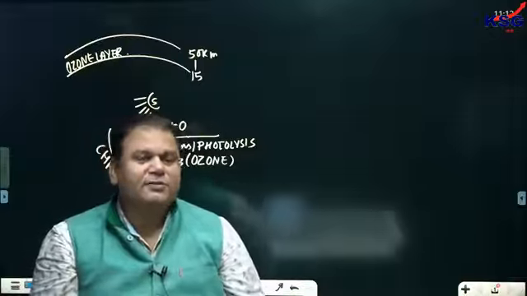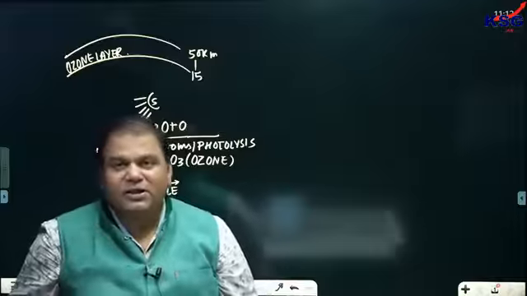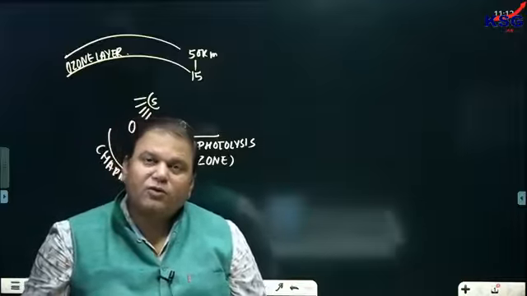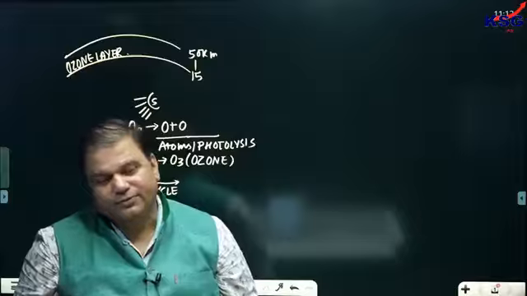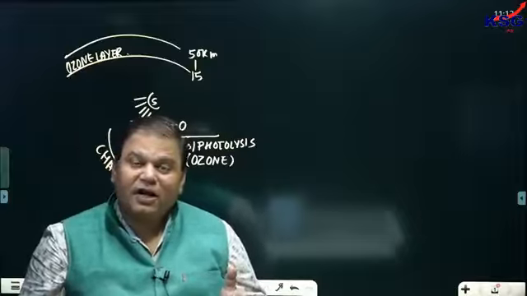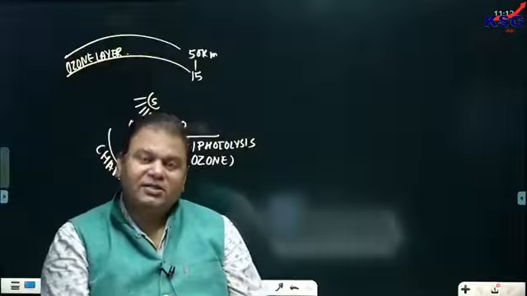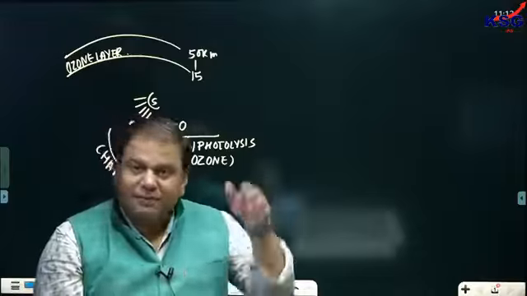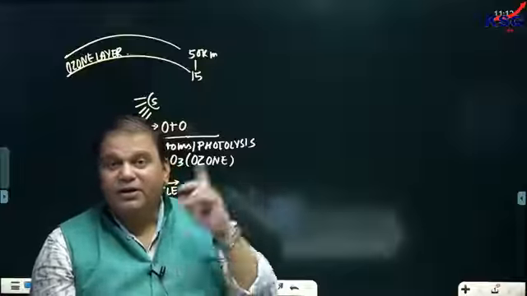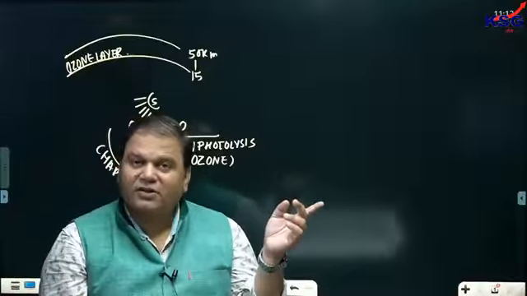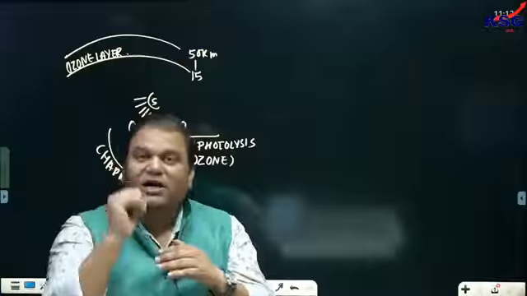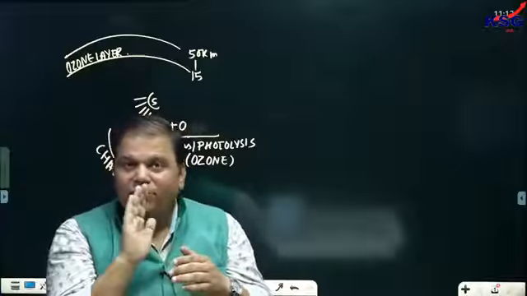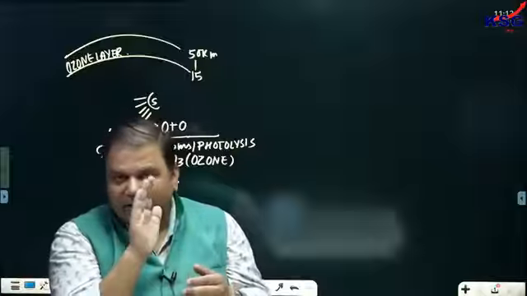Now the first question comes that if oxygen is present in troposphere and also sunlight is present, why is ozone confined to stratosphere? Now the reasons for that are mainly three. First reason is that if we move upward in troposphere, the temperature reduces. But the reverse takes place in case of stratosphere. If we move upward in stratosphere, the temperature would be enhancing.